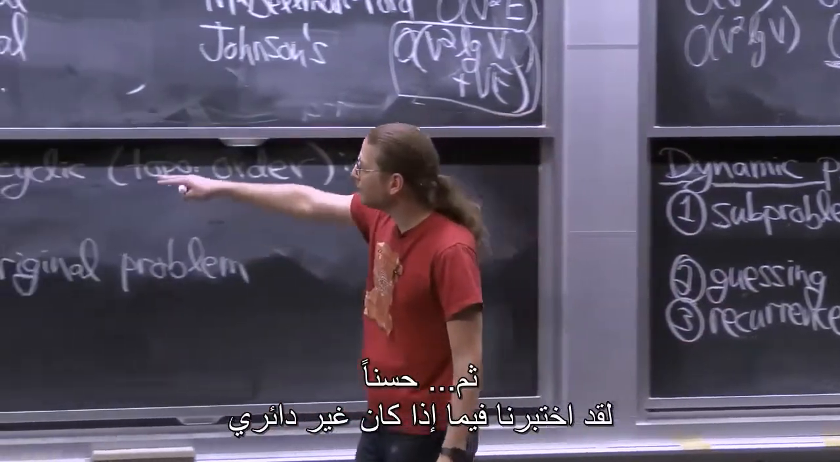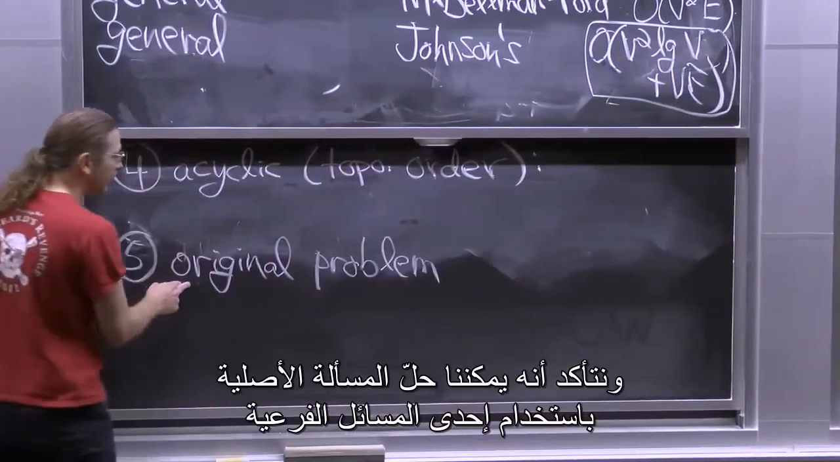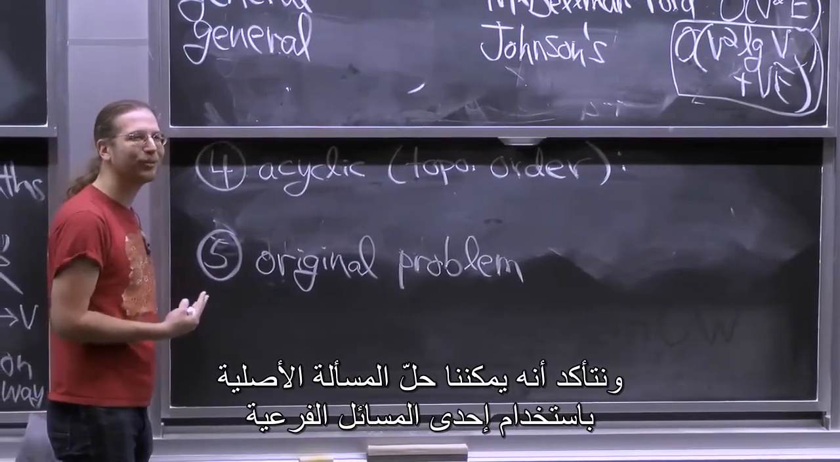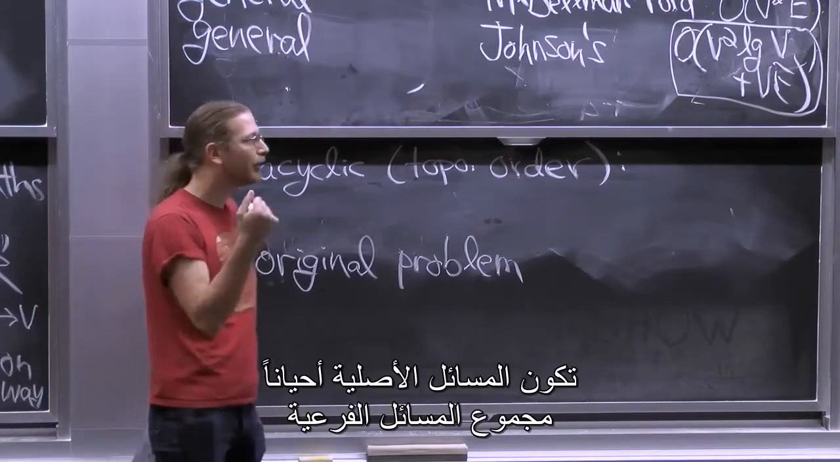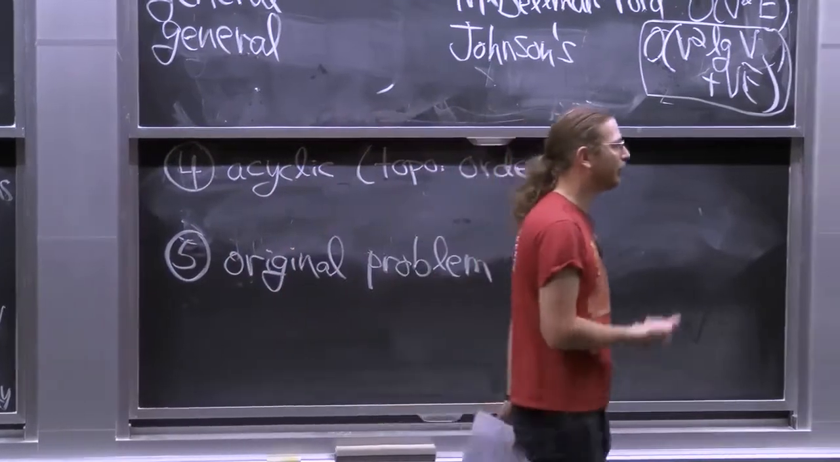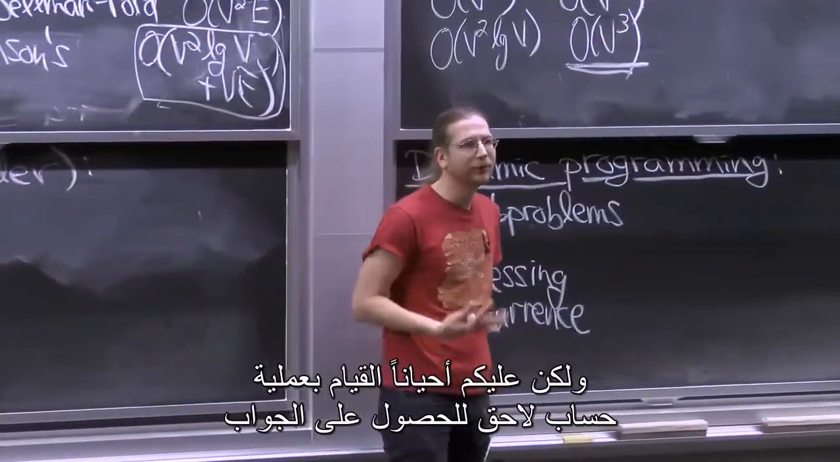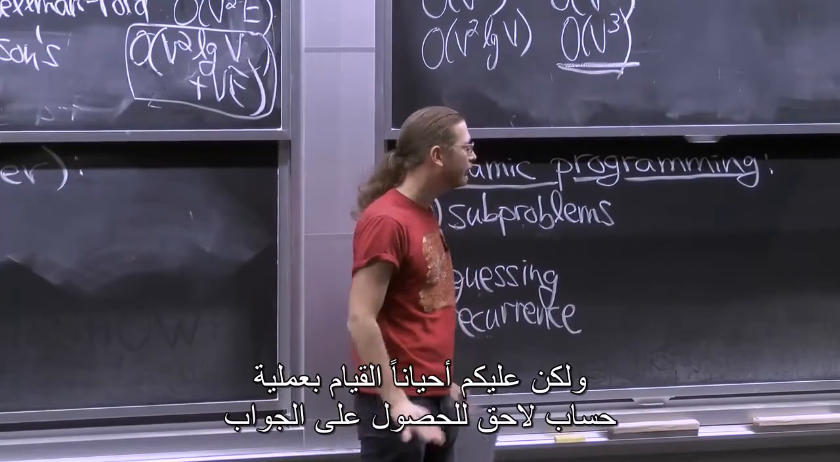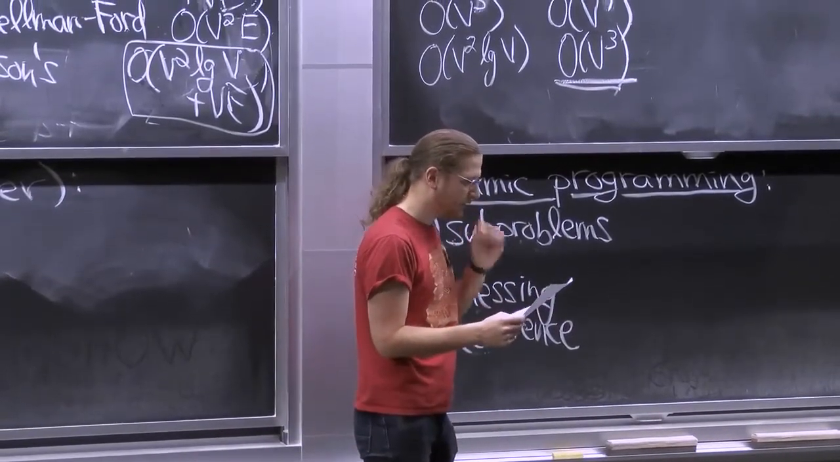And then, OK, we check that it's acyclic. And we make sure that we can actually solve our original problem using one of the subproblems. Sometimes our original problems are some of the subproblems. I think that will happen here. But sometimes you need to do a little bit of post-computation to get your answer. All right, so